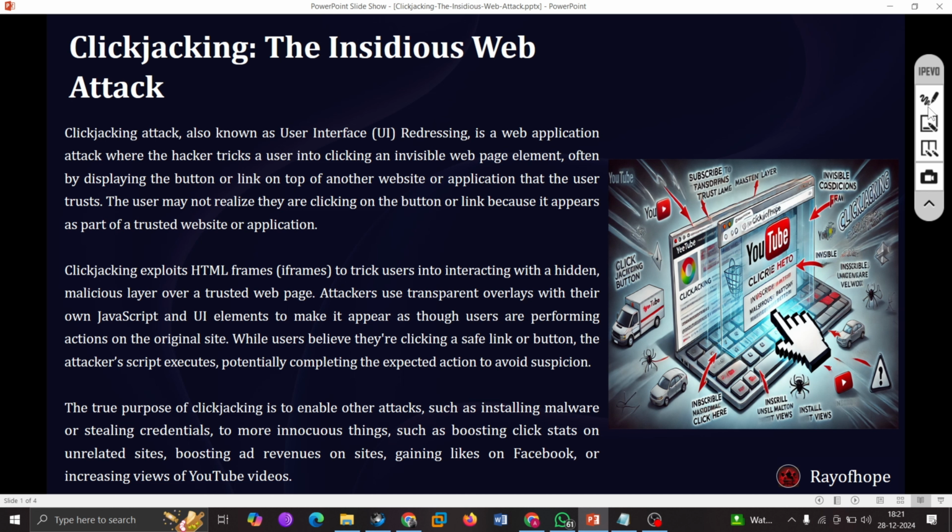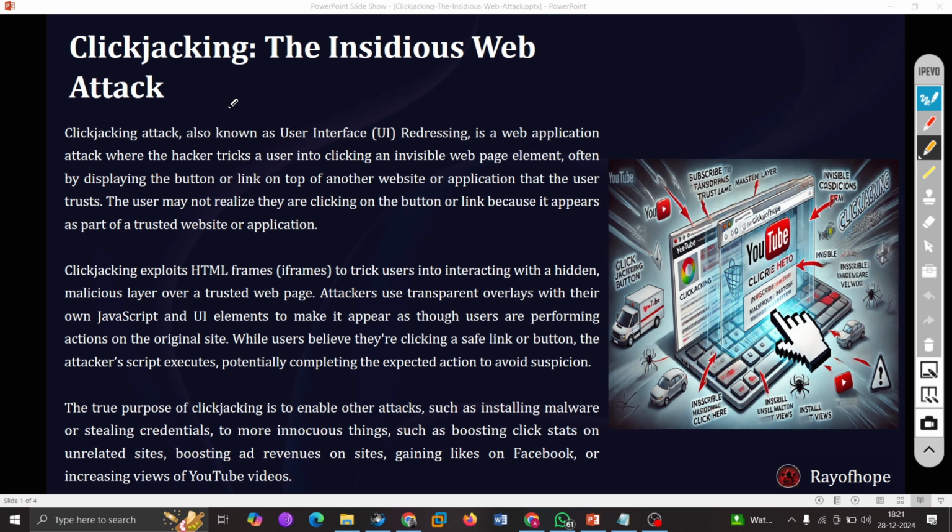Okay, so today we're going to cover one of the really well-known bugs. People say this is common, but I think it's not. It can lead to several issues if it is not properly configured and implemented. This is clickjacking. When we talk about clickjacking, what exactly does it mean?